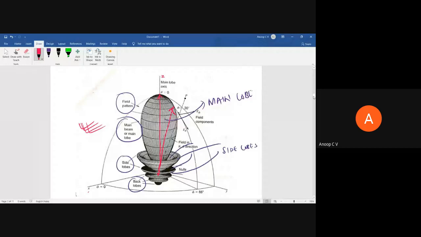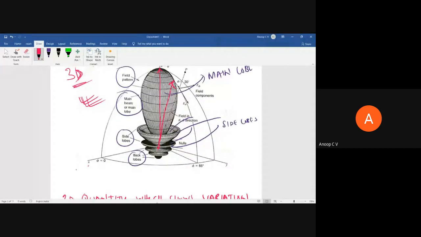You can see this radiation pattern as a 3D quantity, a 3D representation, right? But for us to deal with paper and pen, 3D is going to be very difficult. So for that, what we can do is...